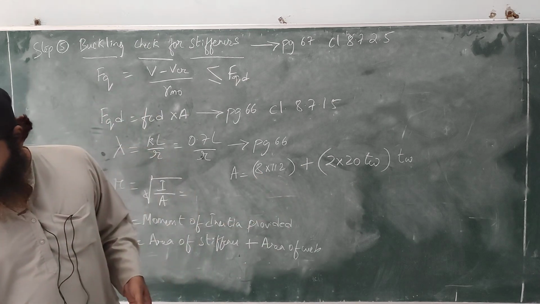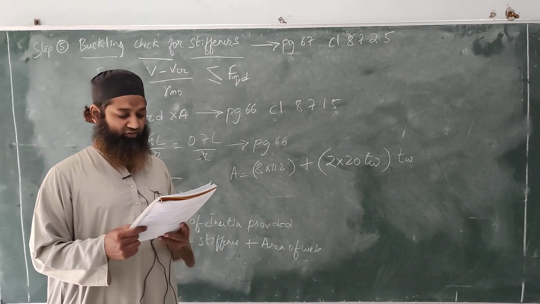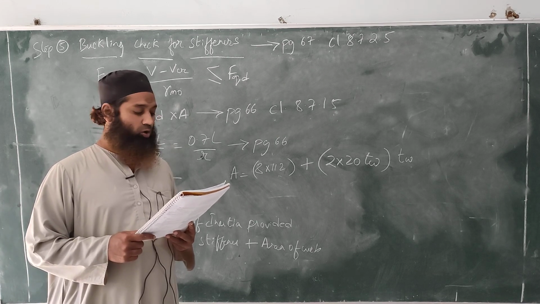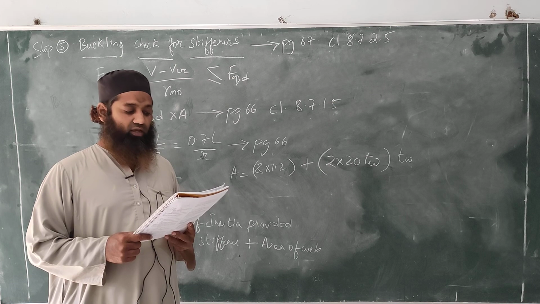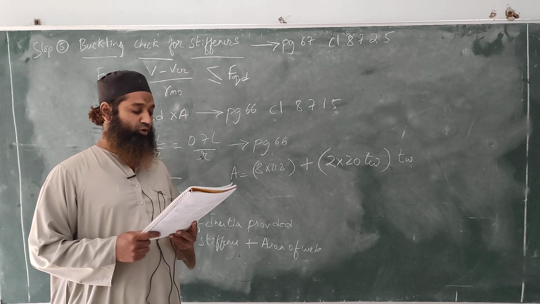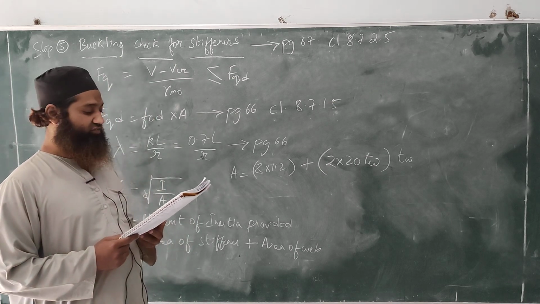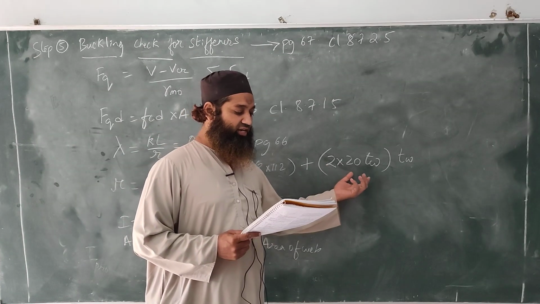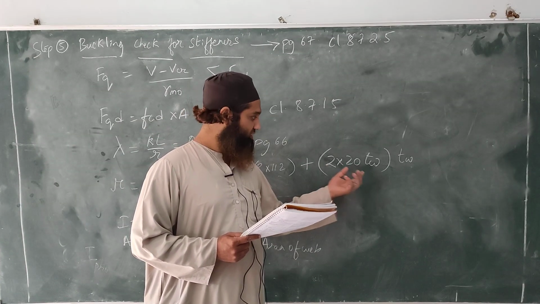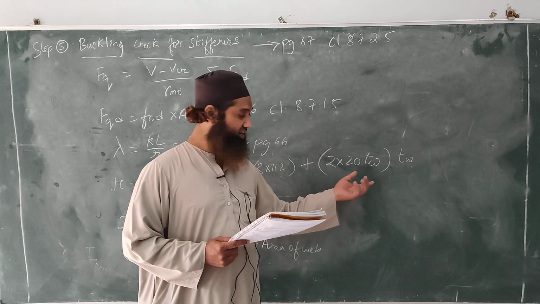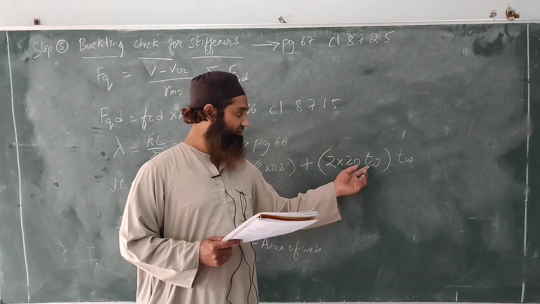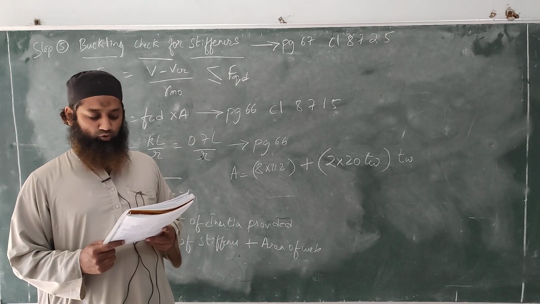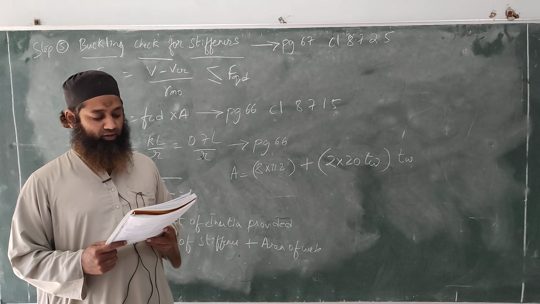I'll just read it to you again here so that you don't get confused. You can see here the effective section is the full area or core area of the stiffener, together with an effective length of web on each side of the center line of the stiffener, limited to 20 times the web thickness. Both the sides of the stiffener, 20 times the web thickness, so TW. The design strength to be used should be the minimum value obtained for buckling about web or stiffener.